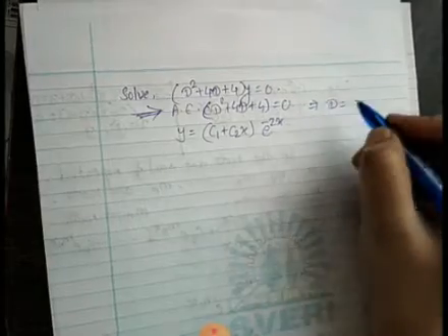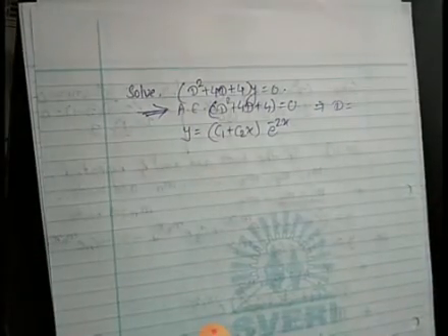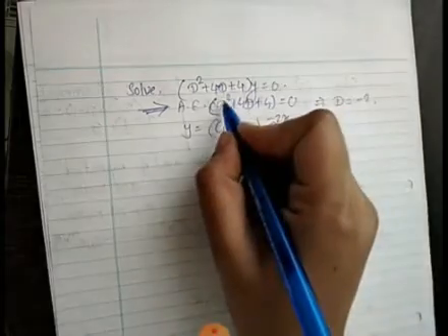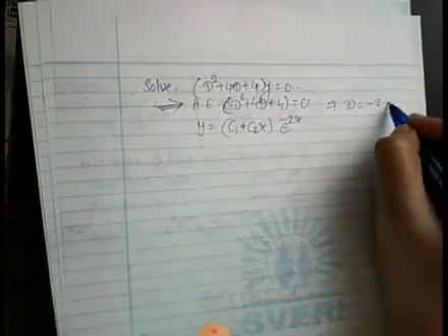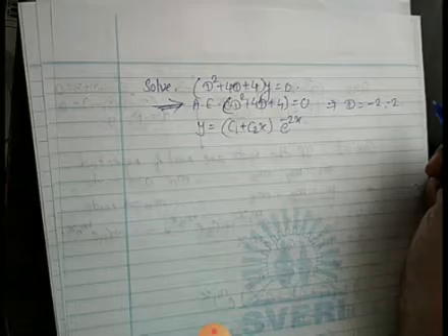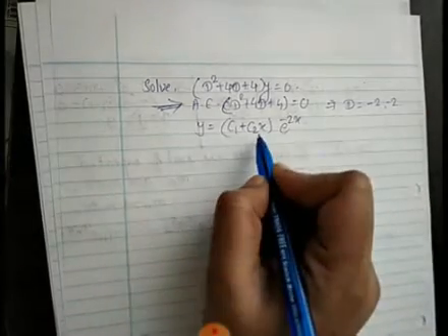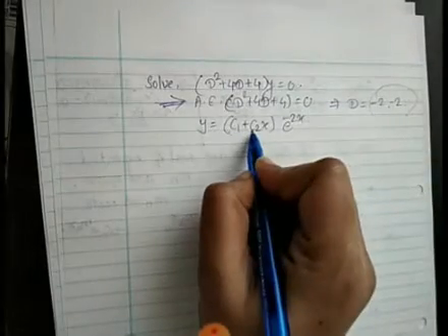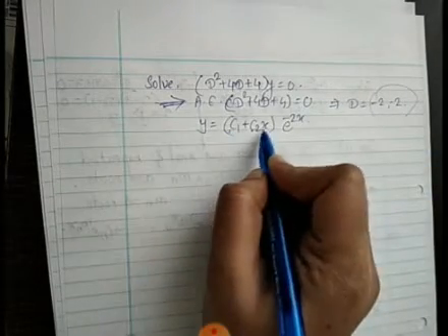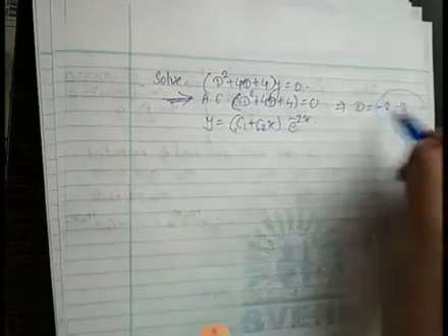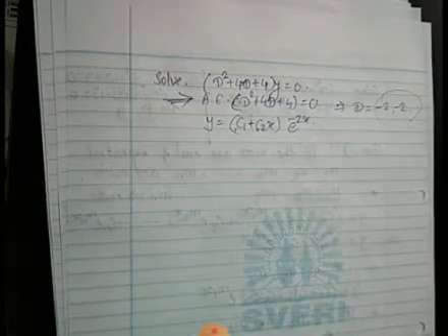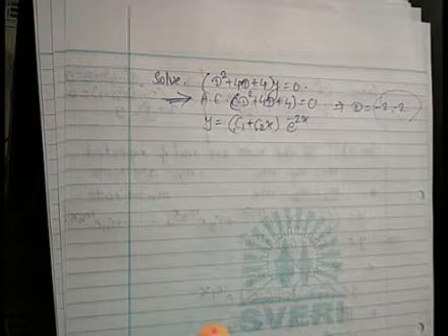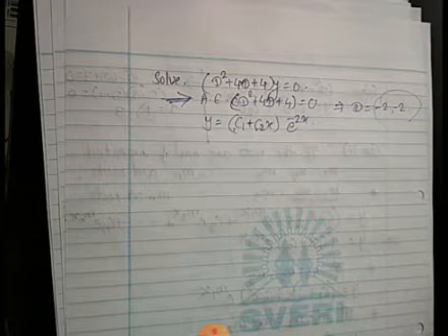That's what D is. What are the D's? The calculator is showing again only minus 2. But the degree of the equation is 2, so we have to write it twice. So minus 2, minus 2. That's what y is: C1 plus C2x, as repeating 2 times, 2 constants will be there. The first, and the second will have x, and into e raised to that root x. Then everyone out there, have you done?